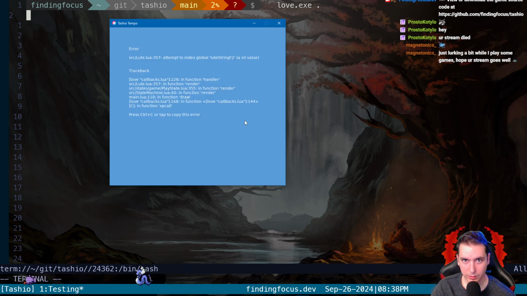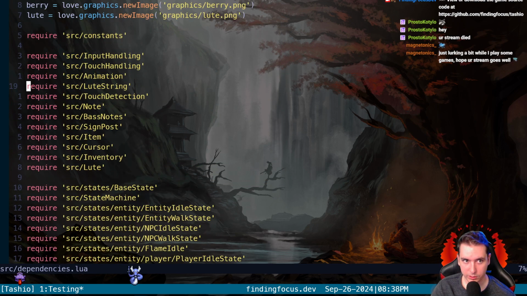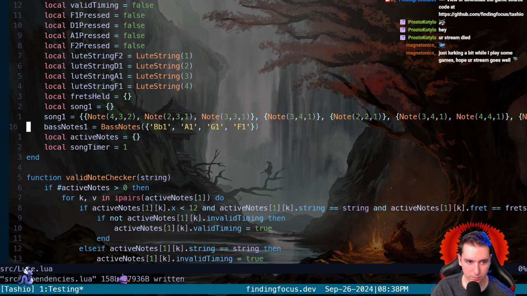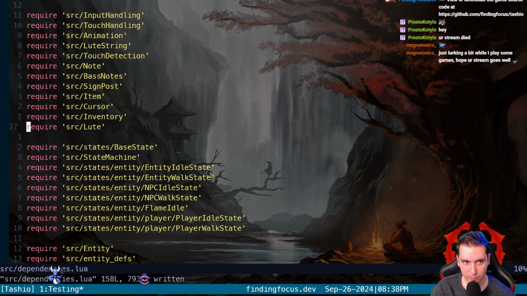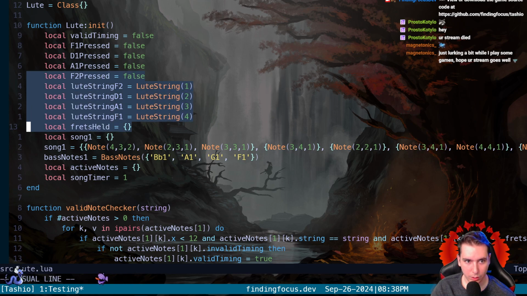Lute string F2 a nil value. Lute string, which is defined before Lute, a nil value. Maybe we need it before, well, let's look at our Lute. Lute string, note, and bass notes.